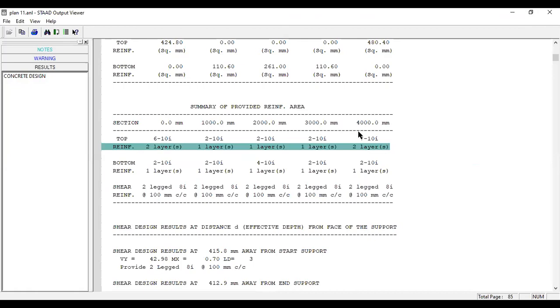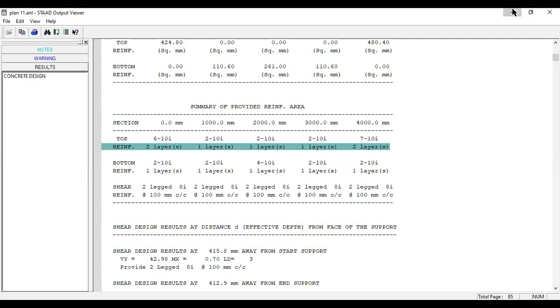At the end of the beam, you need 7 bars of 10 mm dia. It's a provided reinforcement. If the required reinforcement is 0, you must provide 2 bars of 10 mm dia. It's compulsory. At the bottom also, 2 bars of 10, 2 bars of 10, 4 of 10, 2 of 10 and 2 of 10. Now what we need to do?